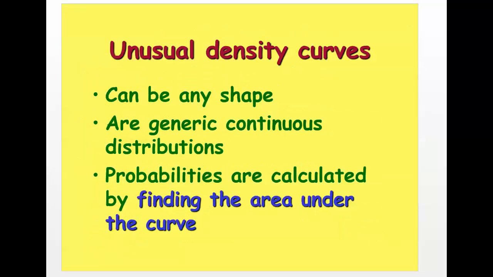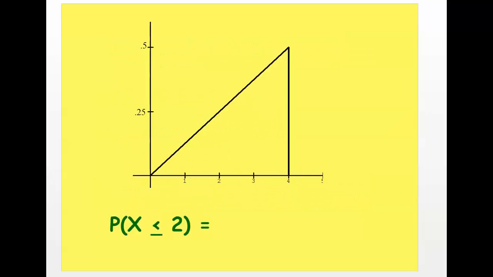So we're going to help develop this idea of what we mean by density curve by looking at some unusual density curves, for lack of a better way to do this. And these are things that we can use some geometry formulas to help calculate the area. So we're going to start with a nice triangle. If this particular triangle has a base of 4 and a height of 0.5, and this represents the probability of a given situation, what's the probability of an event occurring less than or equal to 2? So we're looking at this little region right here,